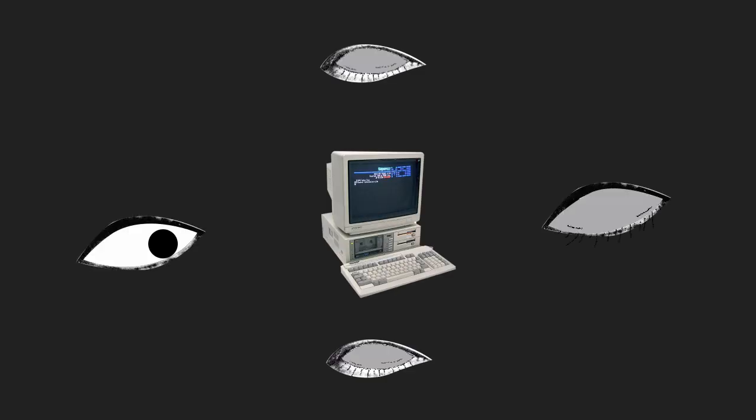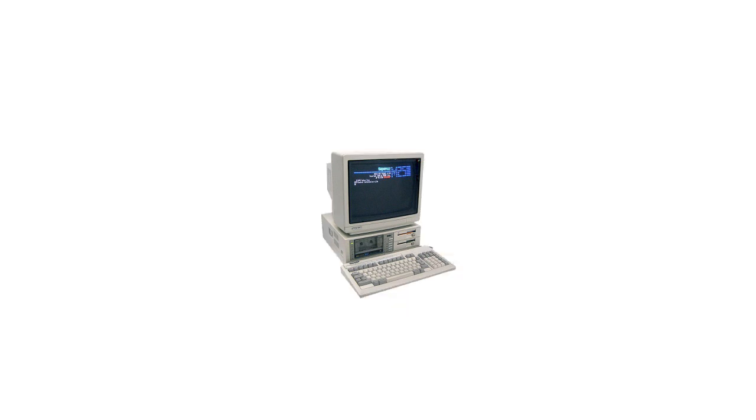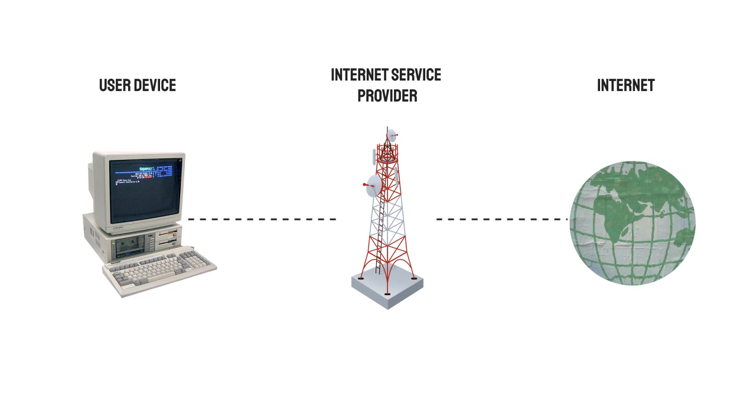In addition to these precautions, utilizing a virtual private network, VPN, is crucial for maintaining online privacy. A VPN helps mask your online traffic, protecting your data from prying eyes such as internet service providers, local governments, and companies seeking to monitor your activities. Moreover, many countries have laws mandating a minimum period of browsing history retention, making a VPN essential for safeguarding your